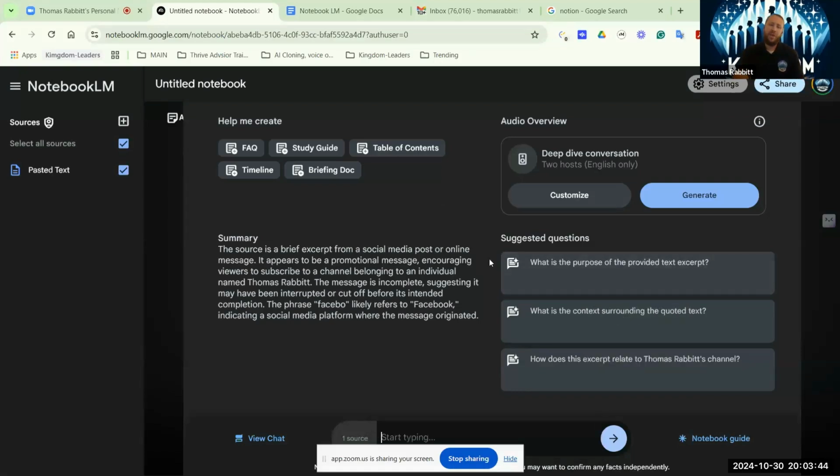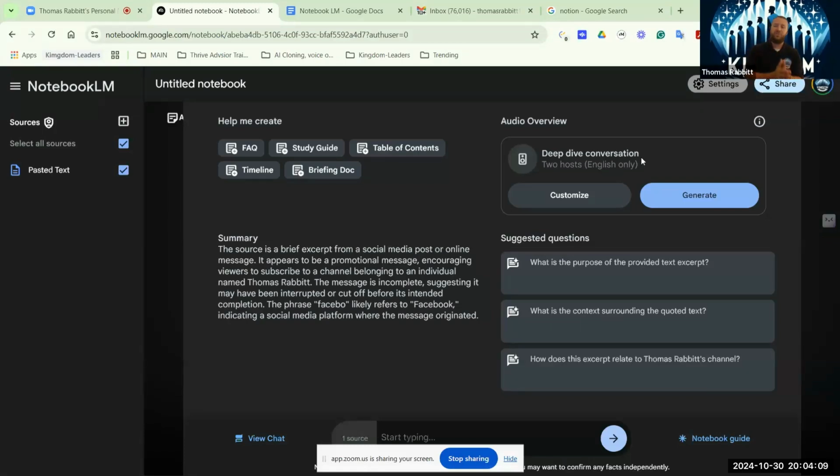Now, in the most recent release, in the video where they brought everybody together to talk about this, they created this feature called Deep Dive Conversation. You have 2 people that essentially do a podcast, and they talk back and forth about your document. So you can take that text file and put it into an audio file, and then you have a podcast which is compliant with whatever industry you're in.